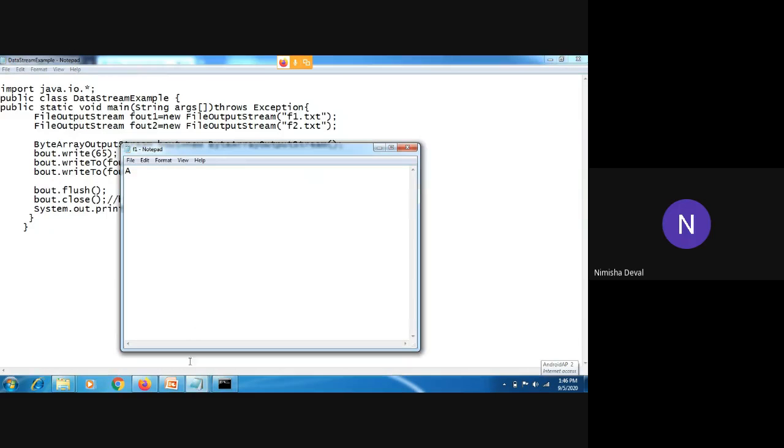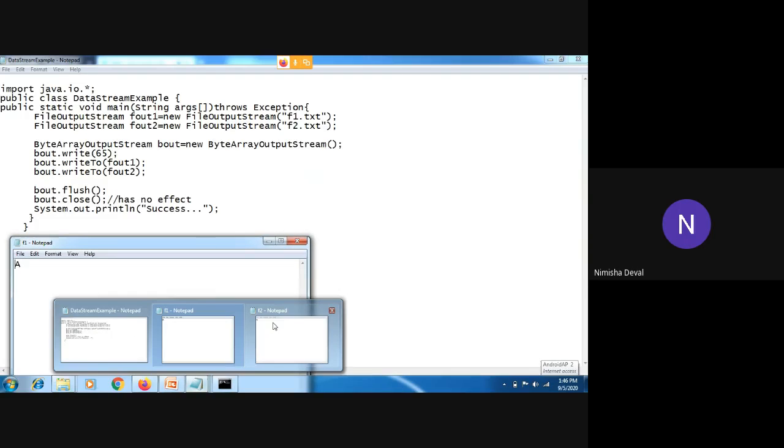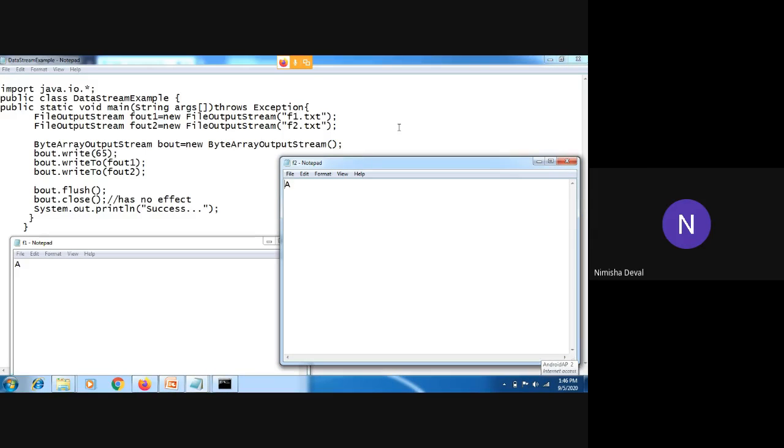Okay, so I will open all those files so you can take a screenshot very easily. Let me adjust those files. Okay, so you can take a screenshot.